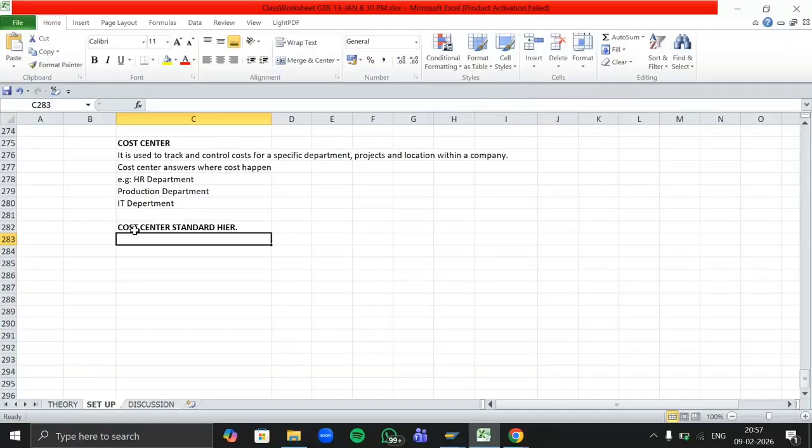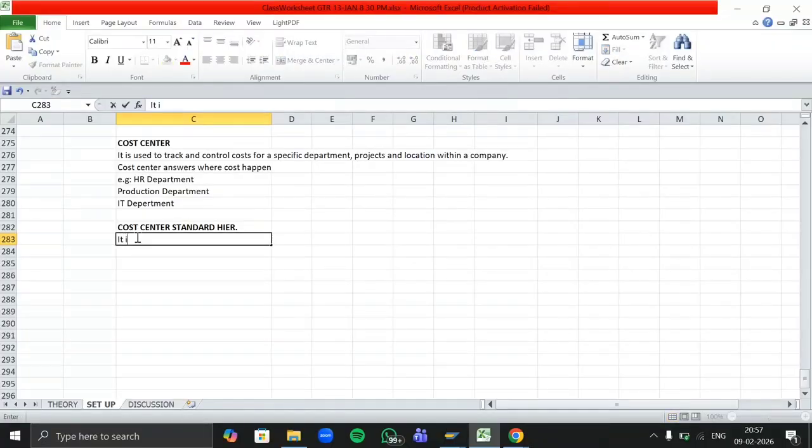You can say it's like, I don't know if it happens at your place or not, like we have this family tree, right? In that it defines who is the head, and under that, all the family members are listed. In the same way, this is also the same thing. So here we'll create one group named cost center standard hierarchy, and under that group we are going to create all our cost centers.